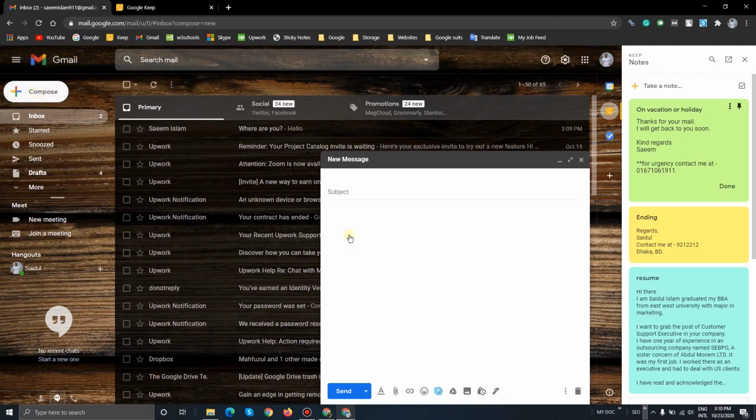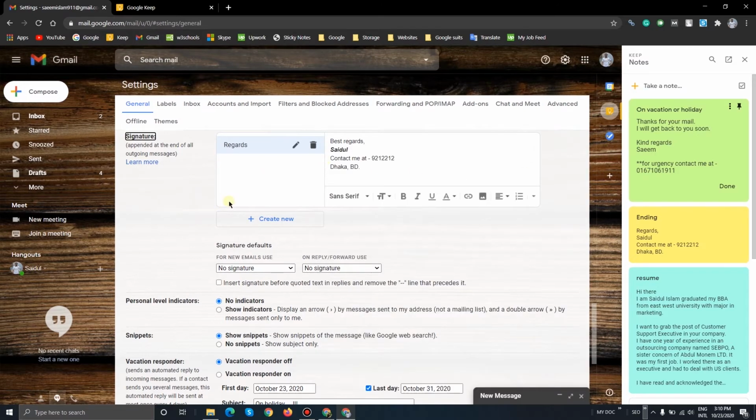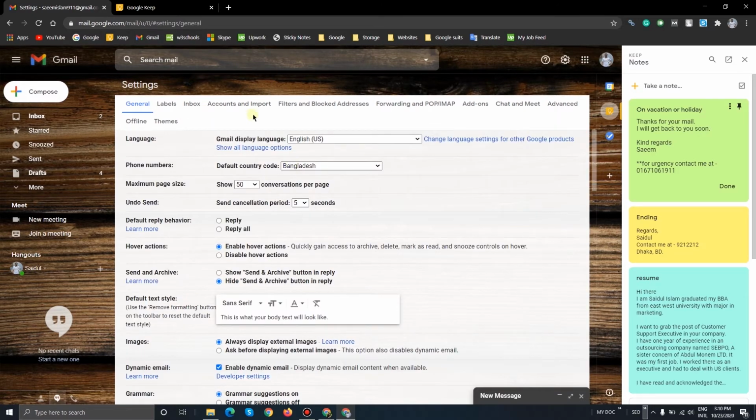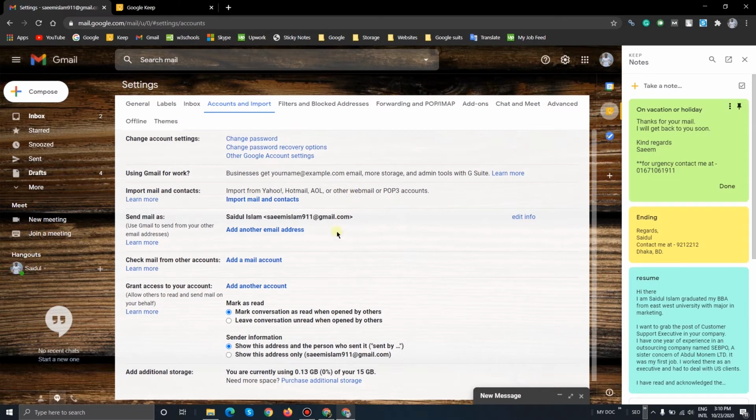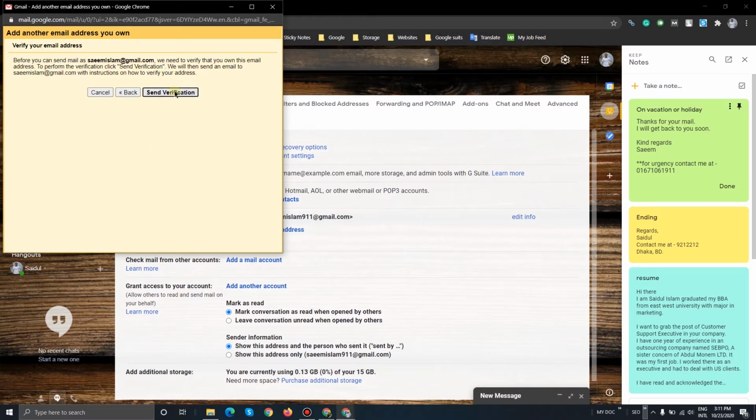You no longer have to set another Chrome tab or login from incognito mode. And in the upper section right after inbox, click accounts and import. There you see option send email, which is your current email, and right below add any of your secondary mail. Fun fact, you can add as many mails as you want. It will save you a lot of time.